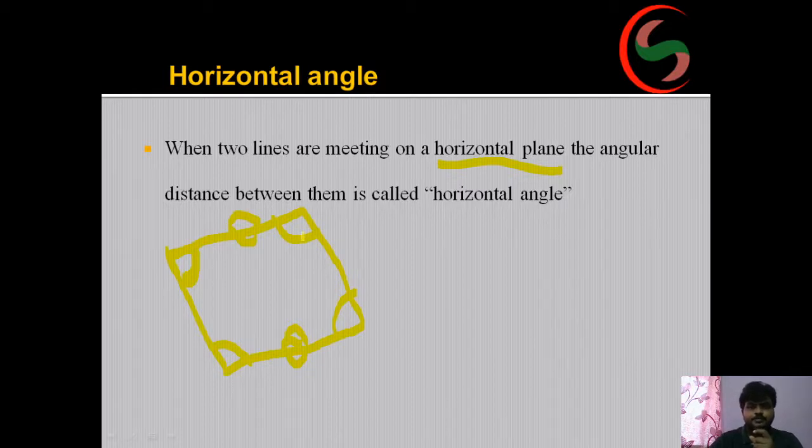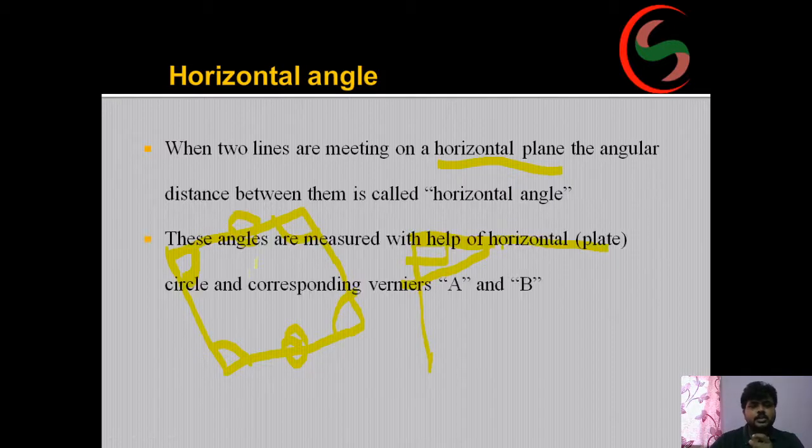Now, for checking perpendicularity, in chain surveying there is a thumb rule known as the 3-4-5 rule. If you know this rule, you can find the 90 degrees. Suppose in a corner I want to check whether it is 90 degrees or not. You keep 30 centimeters on one side and 40 centimeters on the other, and the diagonal should be 50 centimeters. Like that you can check it.